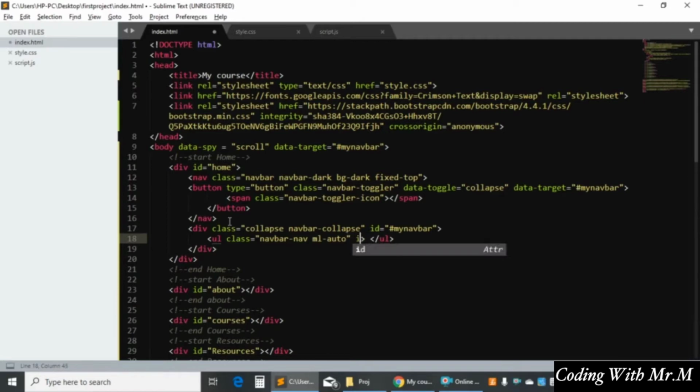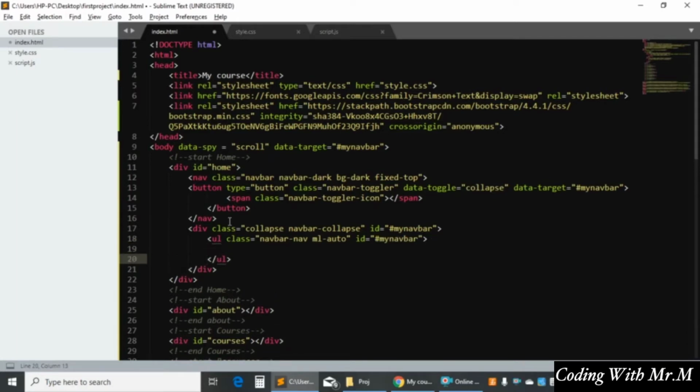An ID the same, my navbar, and so within this UL I can create my LIs. For LI class, I want to give nav-item, okay. And then within this